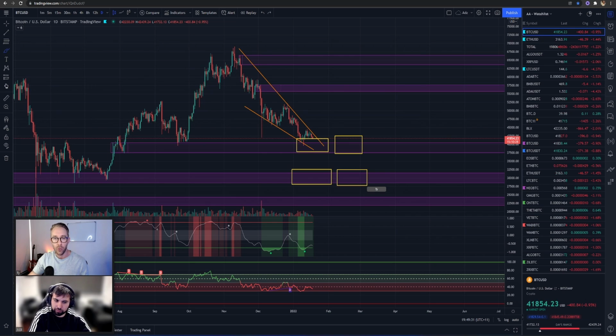But ultimately, that move is not too dramatic in the scheme of things, because in my opinion, this would be a very heavily respected zone. I wouldn't expect BTC to go any further than that, at least in the short term. And if we did, it would be violent and quick, I think, in my opinion, down to that level. So if you're looking to dollar cost average into these areas here, it might be wise to consider that, because, as I said, that 30K zone could be the worst of the nearest substantial violent downturn moves on